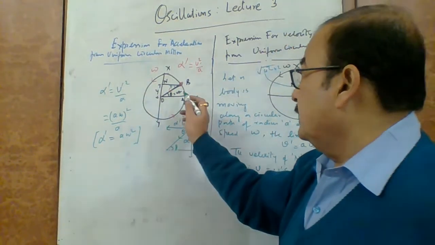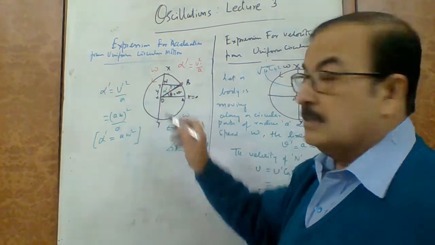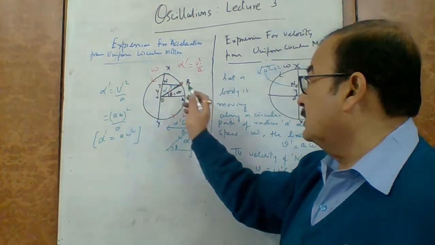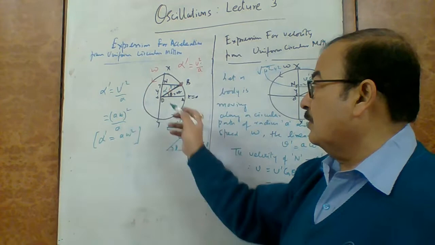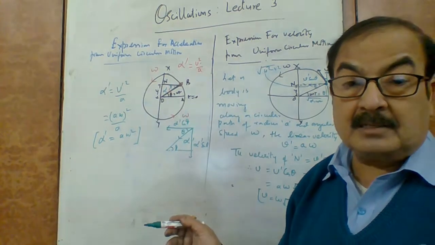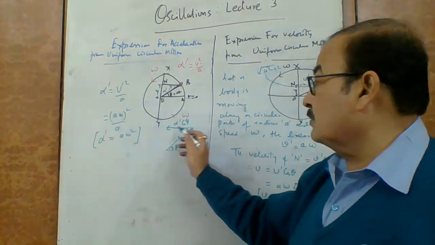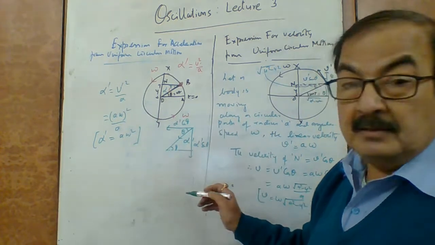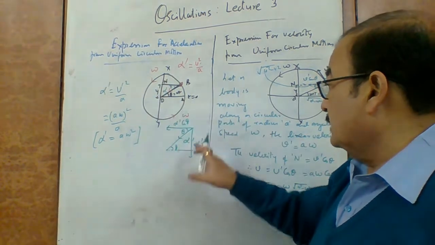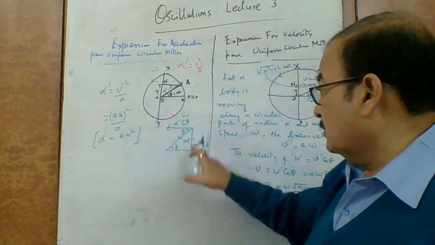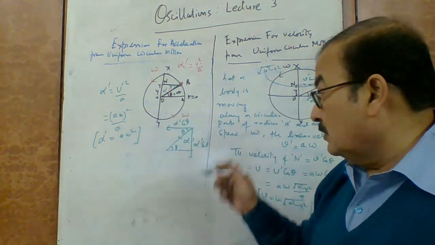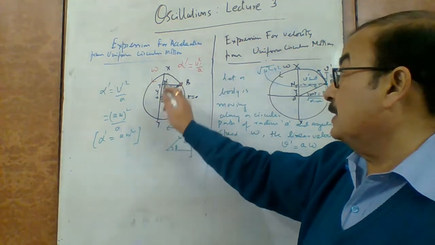You can just see ये है alpha dash, this is your alpha dash जो red dash से दिखा है, and this is also alpha dash. Alpha dash makes an angle theta with the horizontal line, BN line or OA line, and therefore when we resolve alpha dash into two components, we have alpha dash cos theta here, alpha dash sin theta here. Okay, and we can very easily see that the motion of n is from O to n, and the direction of this component is from n to O, that is downward, and here it is towards the upward direction.